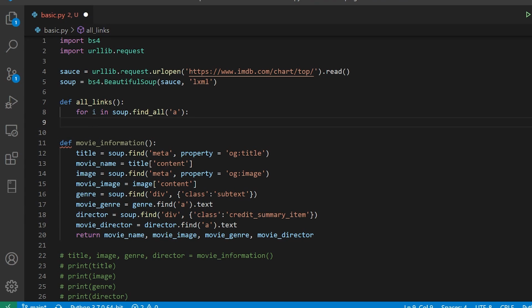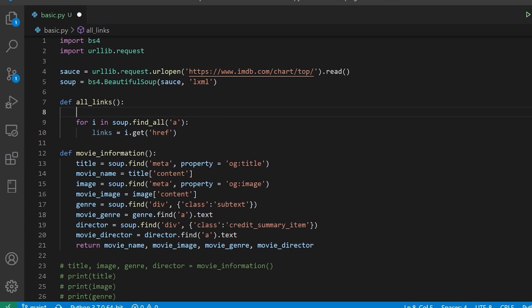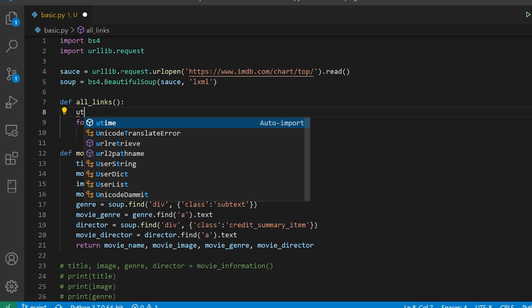Okay, so first of all, let me just take a variable. I'll say links is equal to i dot get, and here I'll say href. Okay, you can also say soup dot find and take the hrefs, not an issue, but this one just works fine for me. And here I'll say urls,